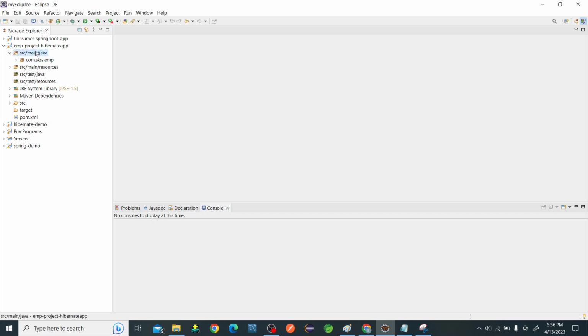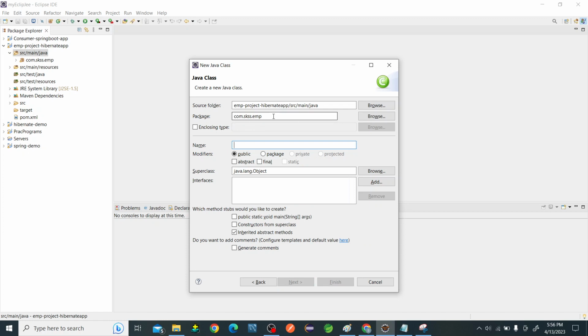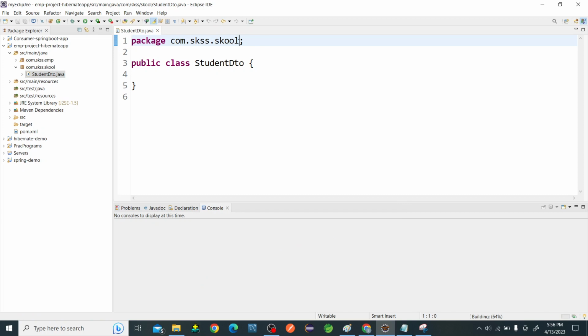selecting src main java controller. I'll be creating a class. So instead of employee, I will name it as school. Okay. So then next, I'm creating a student DTO. I'm creating a student DTO class in the school package. You can see the package name